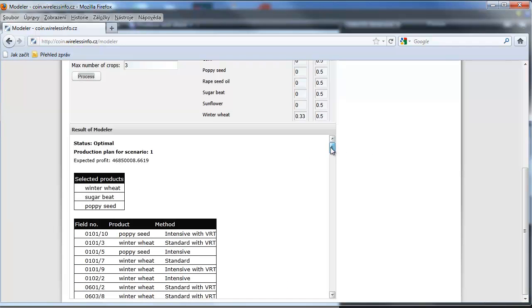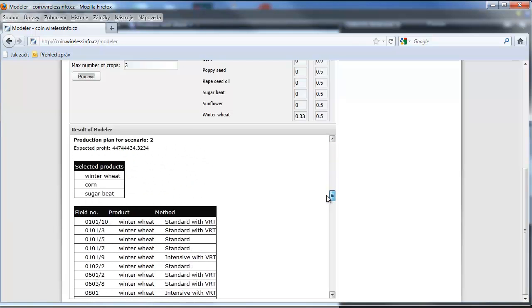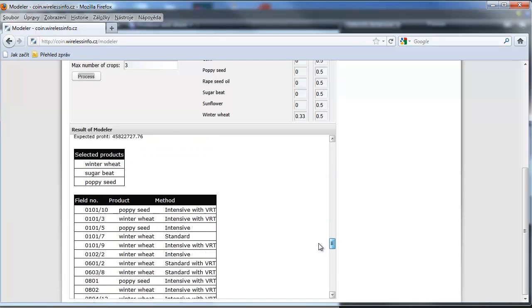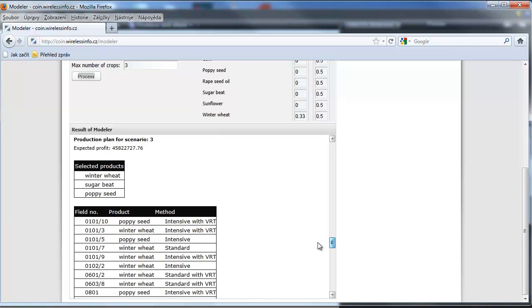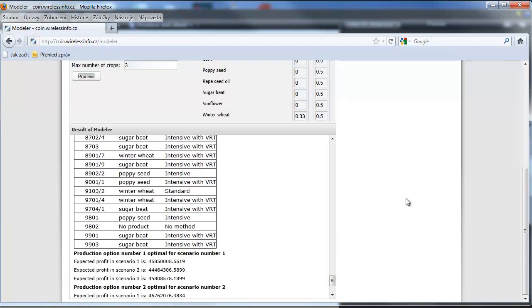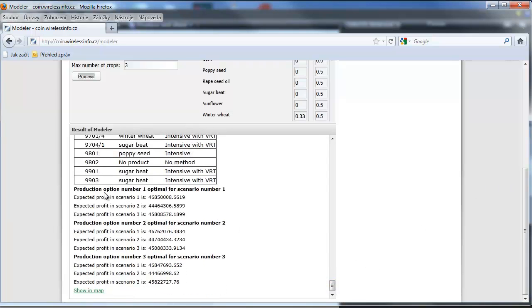Now we can see 3 different production plans for 3 different scenarios. At the end, we can compare the values of profit for each combination of production plan and scenario. This enables the farmers to deal with risk.